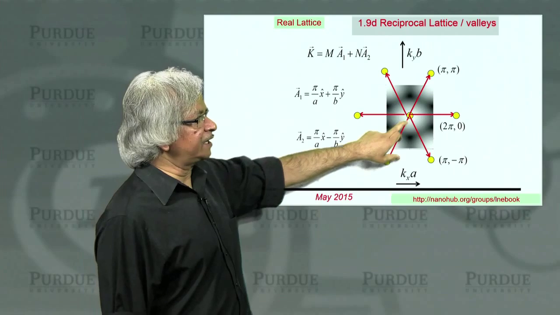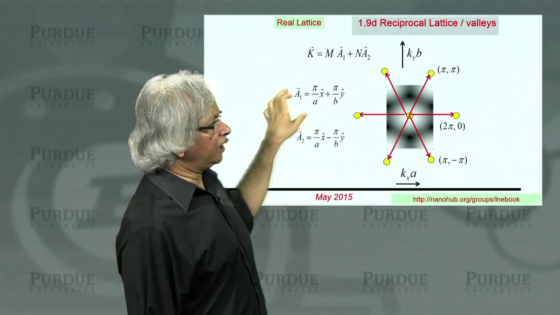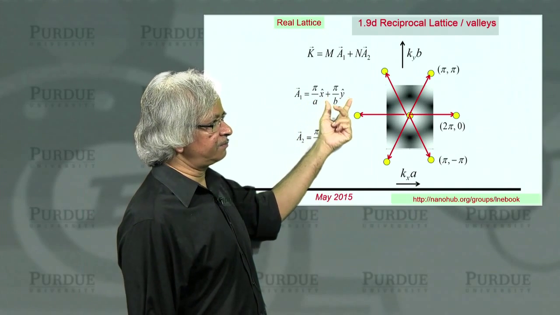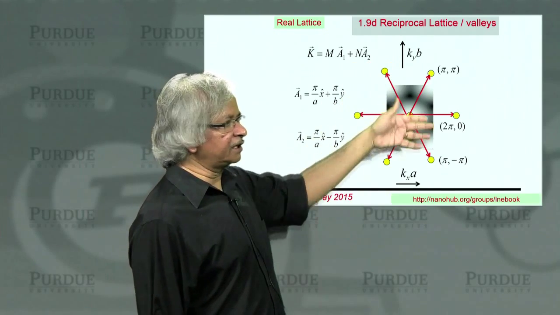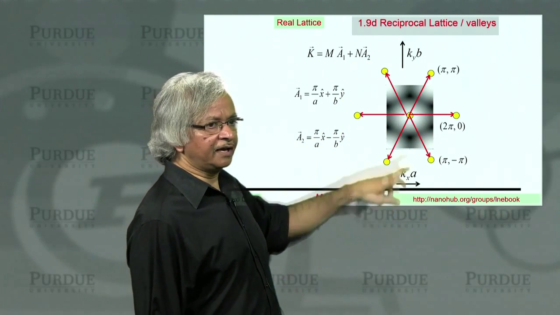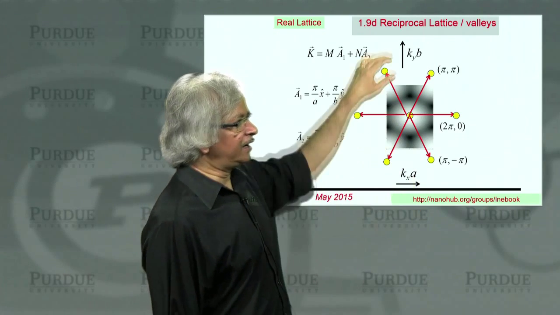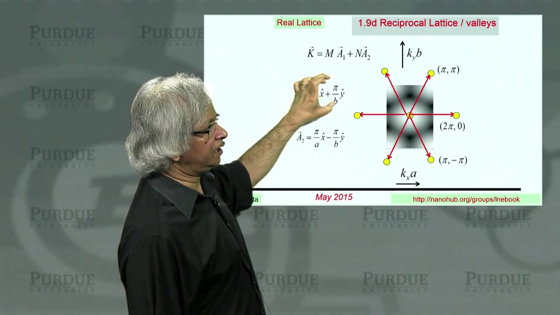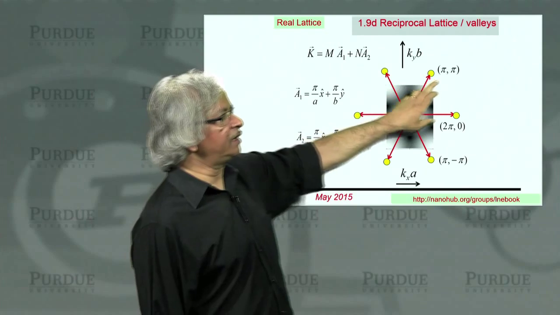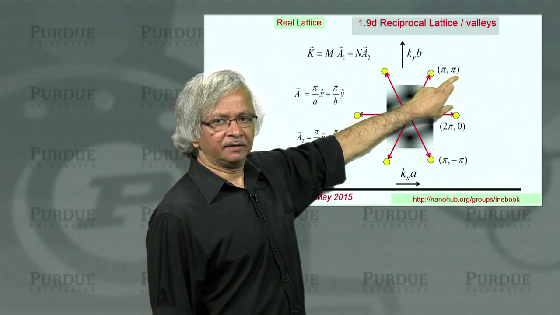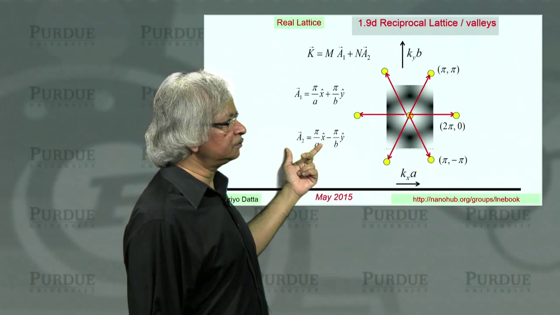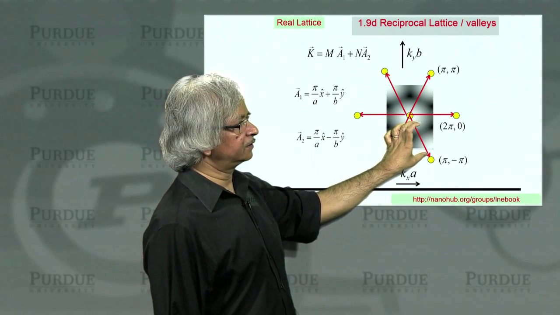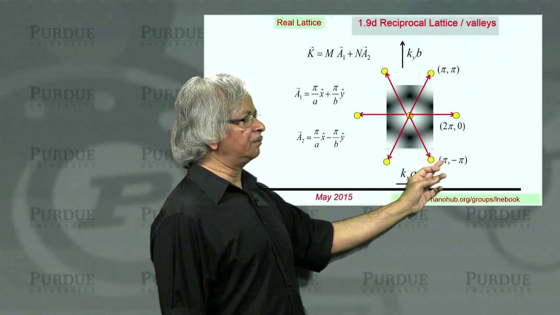What it will look like is, you stand at the origin, draw A1, for example. So what's A1? It's pi over A in the x direction, pi over B in the y direction. What I've plotted here, you'll notice I'm not plotting kx and ky, I'm plotting kx times A and ky times B. So for A1, kx times A is pi, and ky times B is also pi, and that's why that point looks like pi comma pi. So that's A1. What's A2? That's this vector. A1 is that vector, A2 is that vector, and this vector is just like the other one, but it's pi comma minus pi.